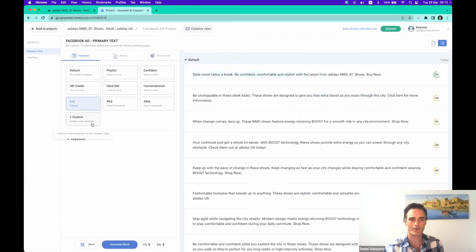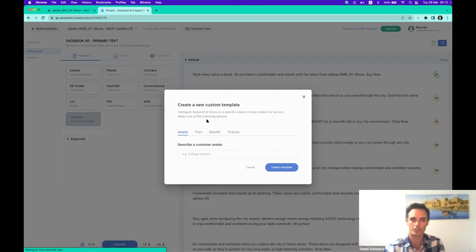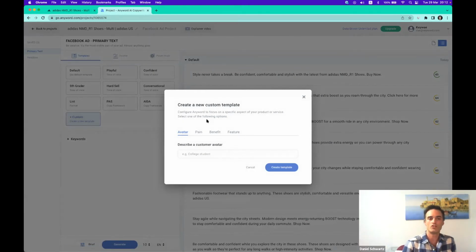I'll also show you that we have Plus Custom, and this is an incredible feature because it lets you create your own custom templates and more targeted way address your audience. So you can speak about specific pain points of your audience, specific benefits of your product or service, or specific features of your product or service. We even have Avatar, which is like a persona. So for example, we could say